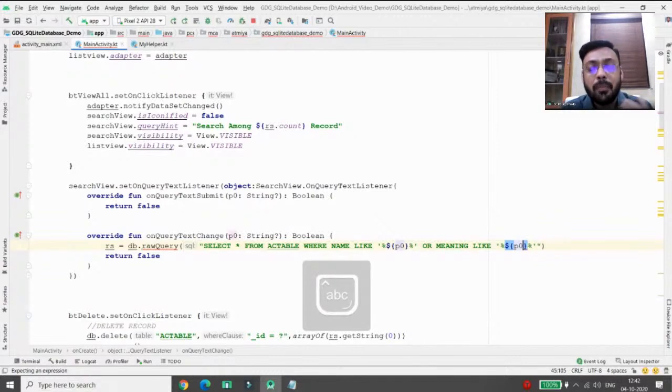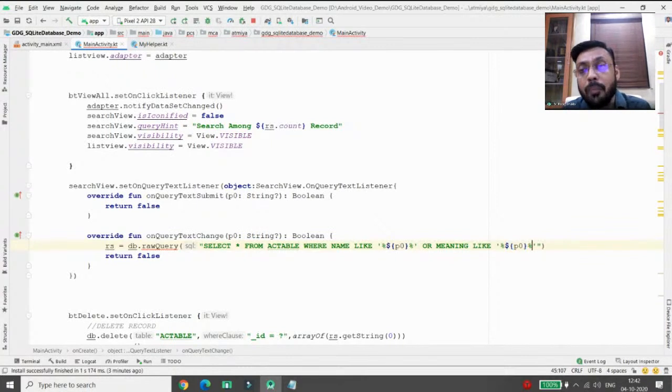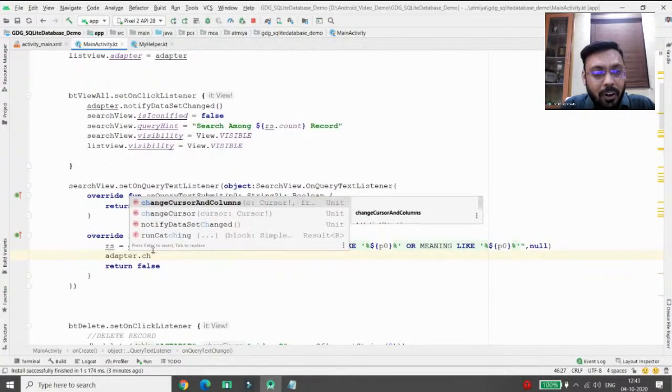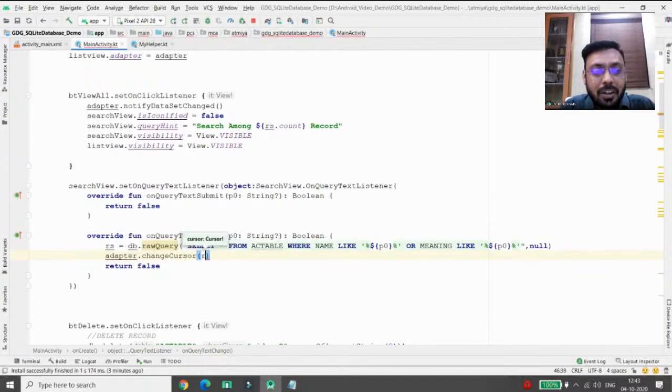It means my name should be the first argument, or my meaning should be this argument. If it is available anywhere in any name or meaning, I want to retrieve the data. No need to pass the value that is in the second parameter. Whenever your rs is ready, we can simply call adapter.changeCursor, and your adapter will now change the cursor, that is rs,